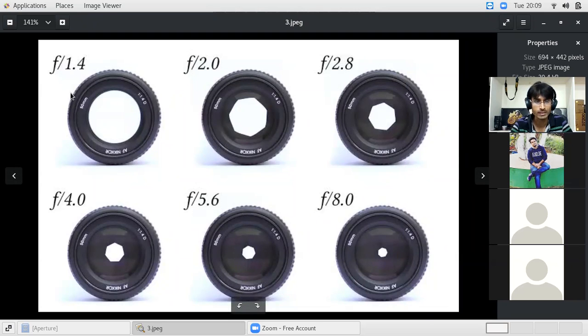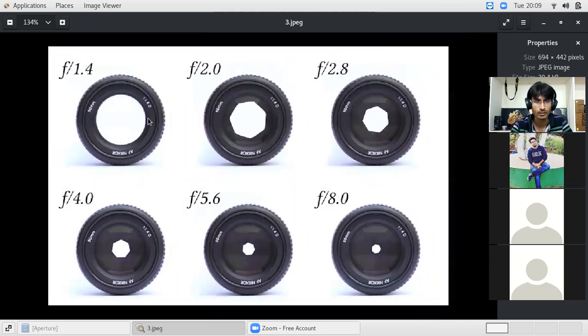Okay, if we see it, bigger is the aperture. When we say the aperture is bigger, it means the opening in the lens is bigger, and it is represented with a smaller number, 1.4. Please understand this carefully. When the opening is more, we call it a bigger aperture, but it is represented with a smaller value like 1.4.